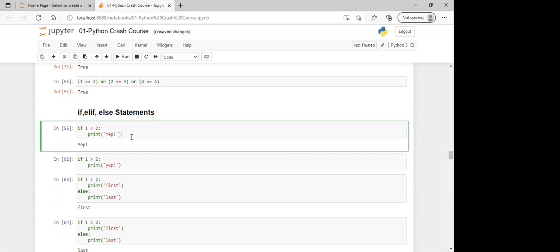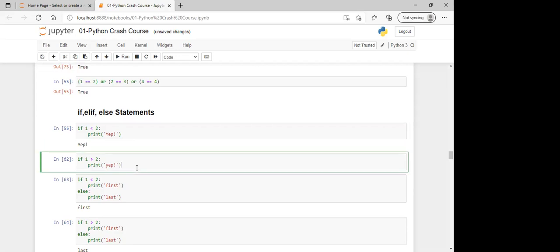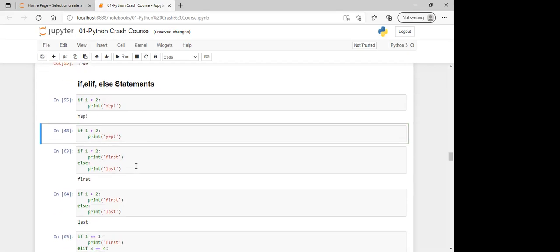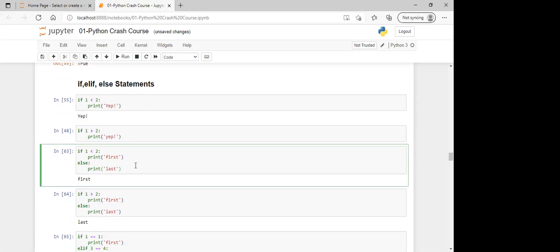If, elif and else statements work based on a condition. If something is true, do this. Elif something else is true, then do some other thing. We can use this kind of logic to manage our program.